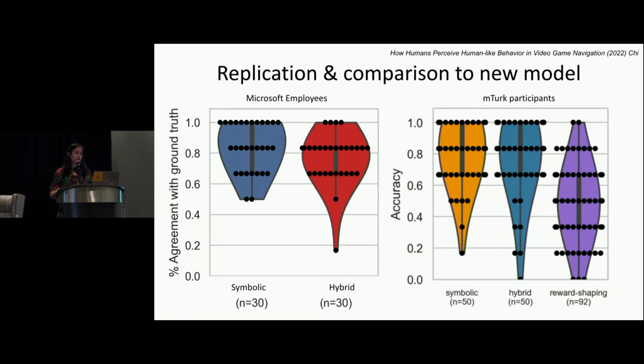And then we replicated this with mTurk participants. As you can see, the variance is higher. And then we did something else, as you can see here. We also did reward shaping. We said, okay, we're gonna give complete rewards for don't go into walls, don't bash your head against this thing, don't throw yourself off. Like, give them complete reward shaping. And you can see that although the average seems like it passes, if you actually look at the variance, this is not passing the Turing test either. So that was very interesting.